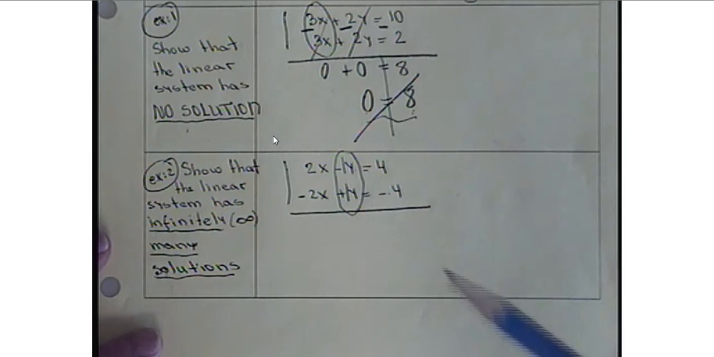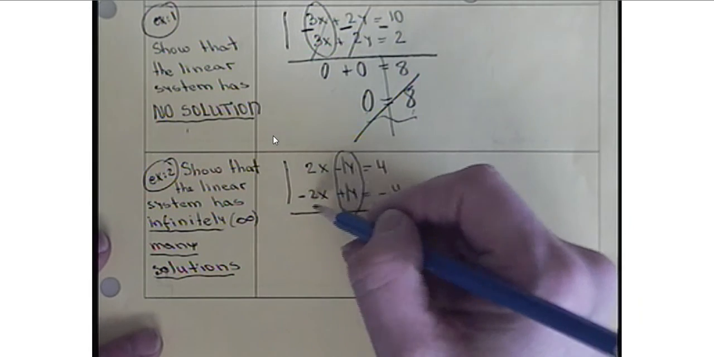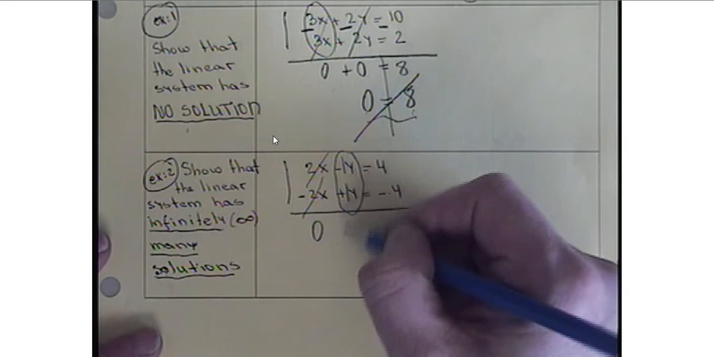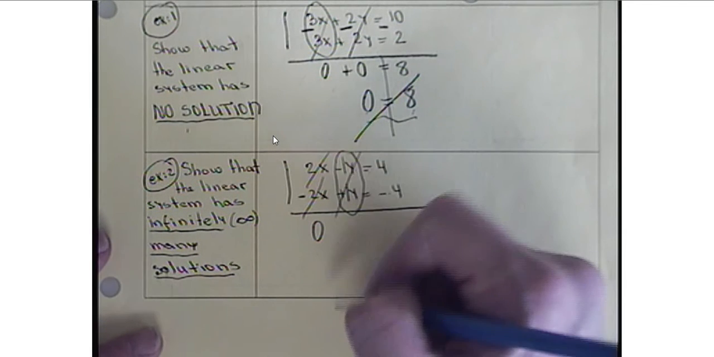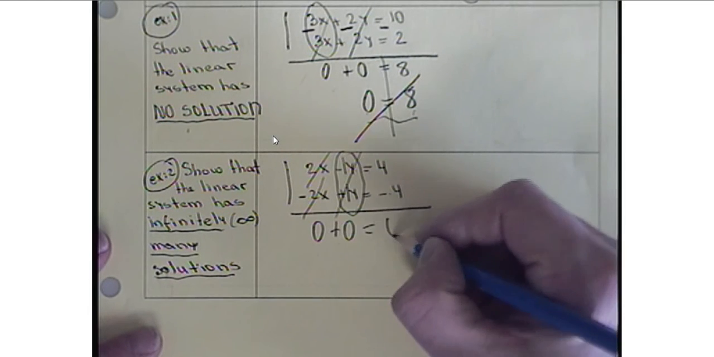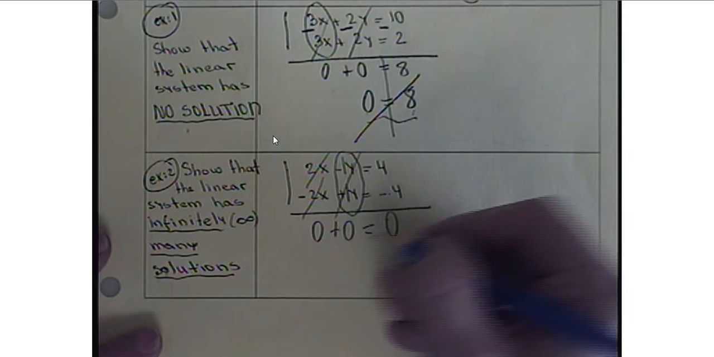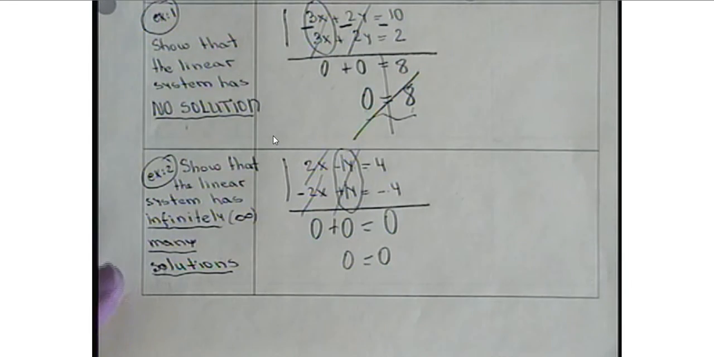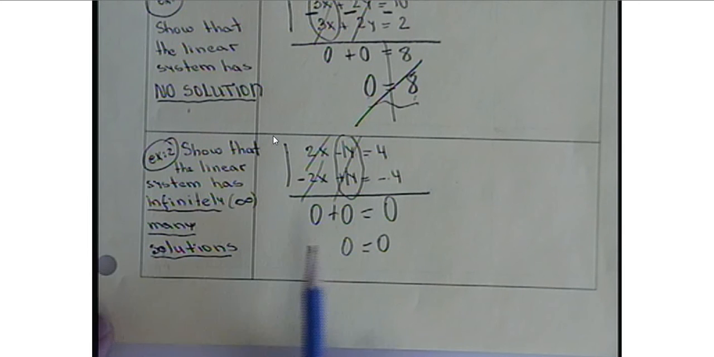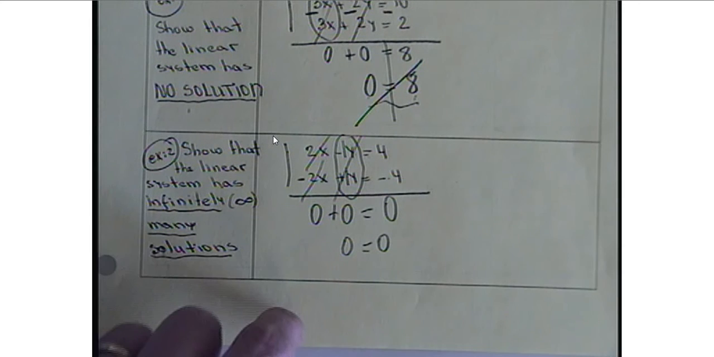So addition method will be 2 plus negative 2x, which is 2 minus 2x, 0. Negative 1 plus 1, those two cancel, plus 0 equals 4 minus 4, which is another 0. So here's what we have, 0 equals 0. Everything goes away. If it's 0 equals 0, and we have exactly the same left side equal to the right